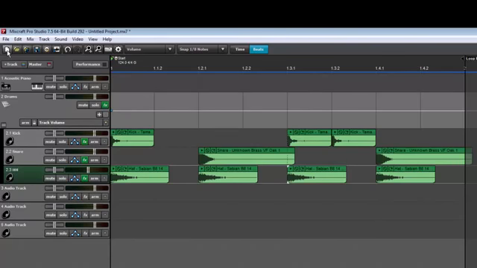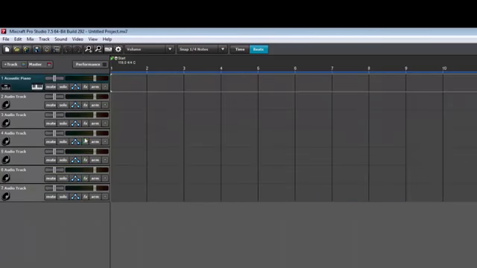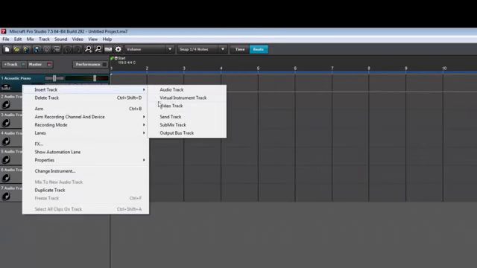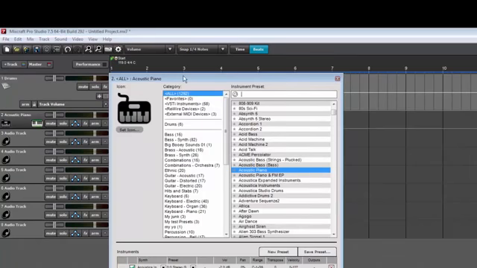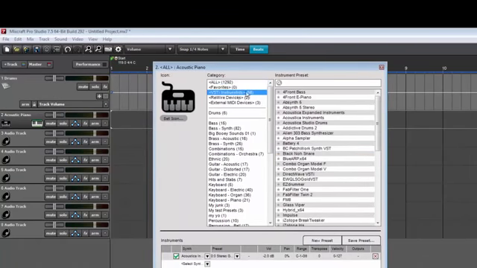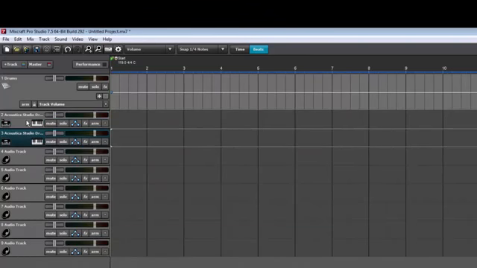Now the second way, we will start a new project. Again, adding a submix track. Call it drums. And this time we're going to use virtual tracks and load the virtual instrument Acoustica Studio Drums. Then I'm going to duplicate this track a couple of times, drag them all up into that submix,